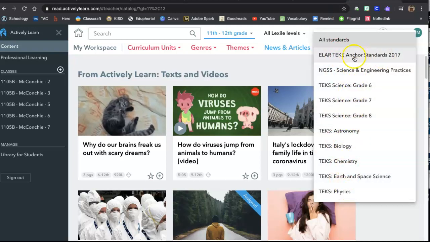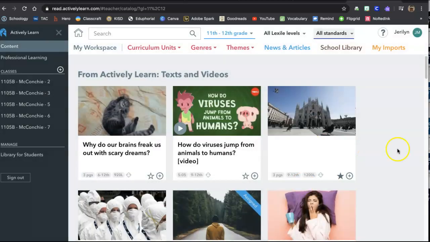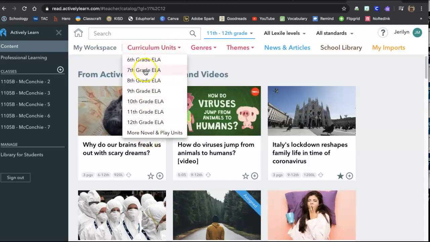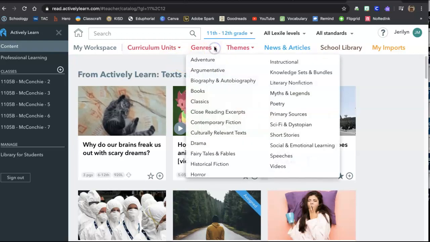Okay, look there, boom. You can go by TEK and find what you want to do. That's pretty awesome. There are whole curriculum units. They just opened these and the whole Prime features to everybody through the end of the school year, because they're really awesome. I don't really think there's much in there personally myself, but you can pick a genre